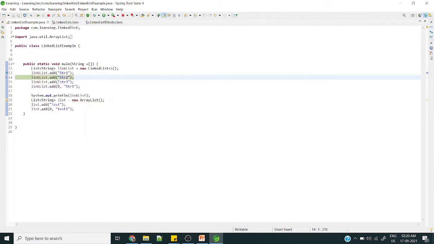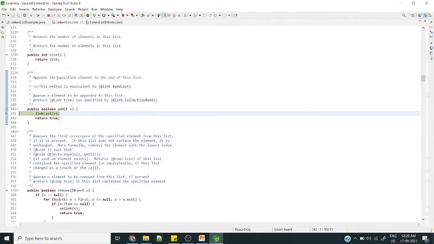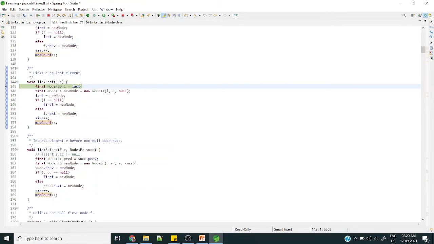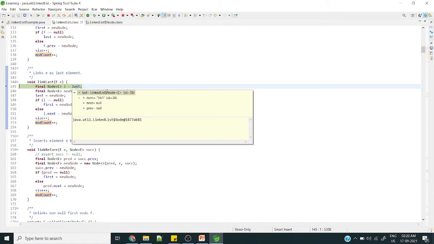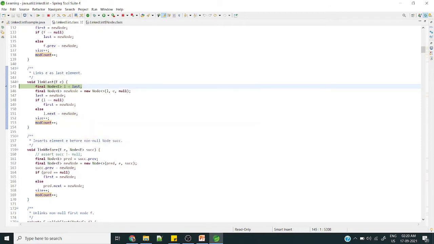We are done. Now it came to the second index. How will it work for the second index? Same thing. But here, what will happen this time? Last is holding the object, and it is assigned to L. So whatever I pass currently is the current element, and L is the previous object. The next object is passed as null, so what is the use of it? Actually, the next object is going to be assigned here.